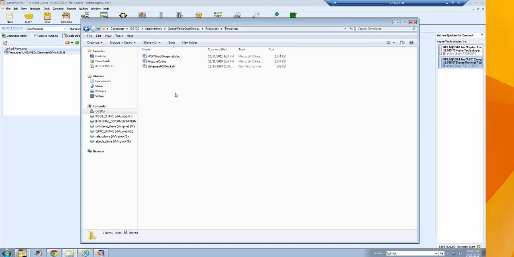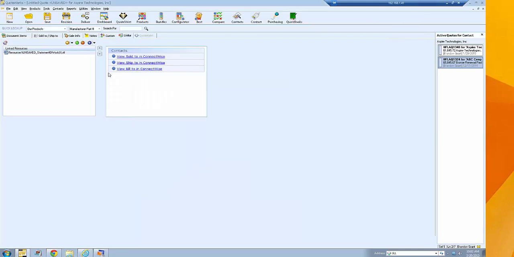If you use an RTF file and use QuoteWerks macros, we merge all that information automatically, so you don't have to worry about doing a merge in Word and then save as PDF. We're going to merge it automatically and then save it as a PDF automatically. If you're using Word, once you add it, so here, let's go ahead and add one here. So if I add a Word document,